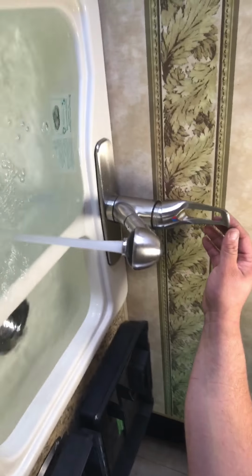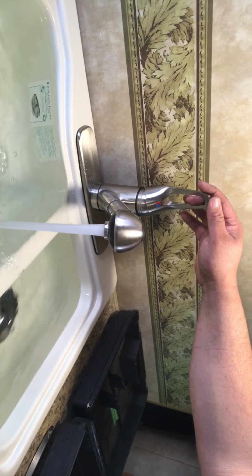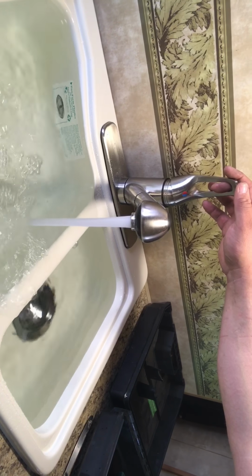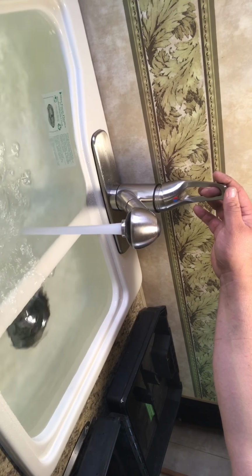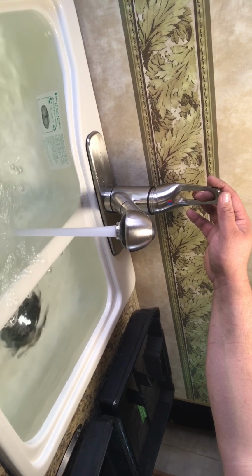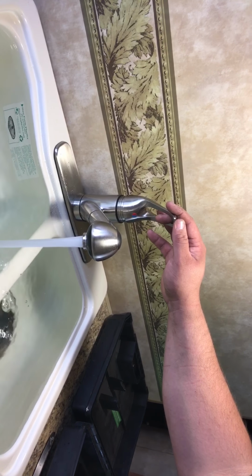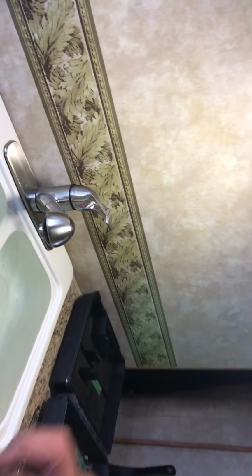Almost there. Starting to spill over now. The other half of the sink's just about full anyway, so there it goes. This is what I usually look for. And that's it. As long as that divider piece in the middle kind of has water floating over it,